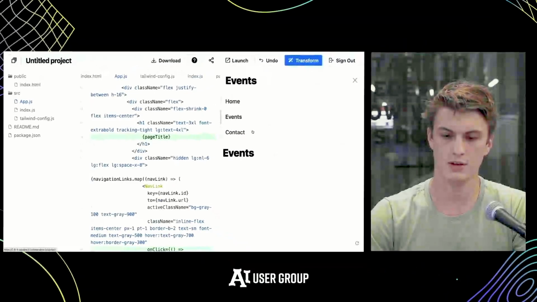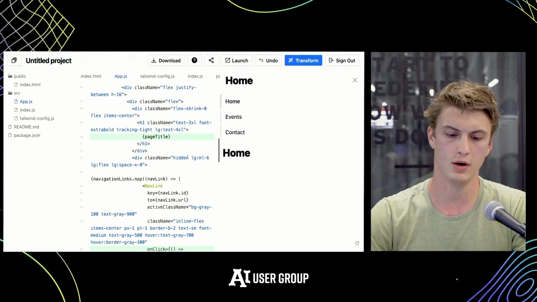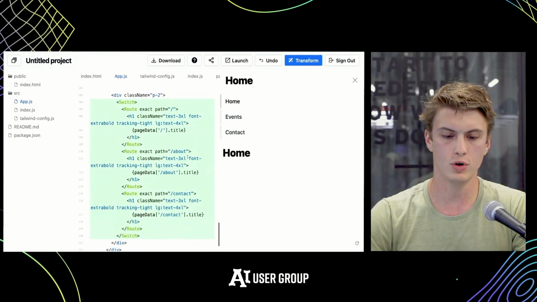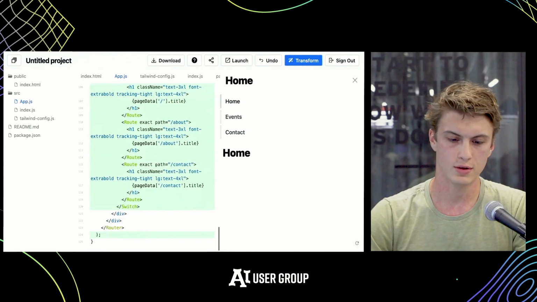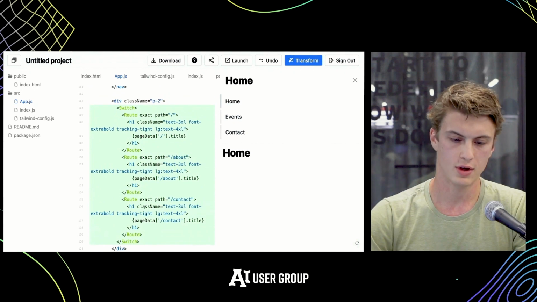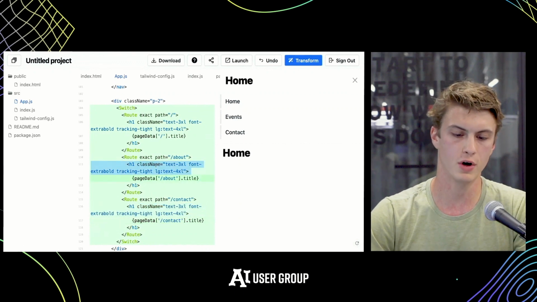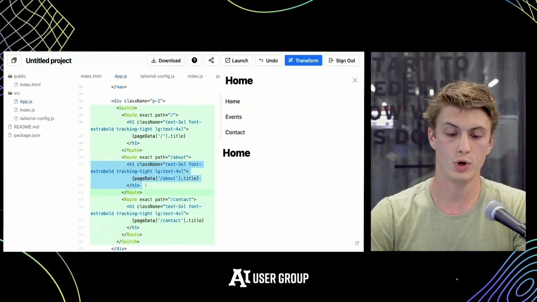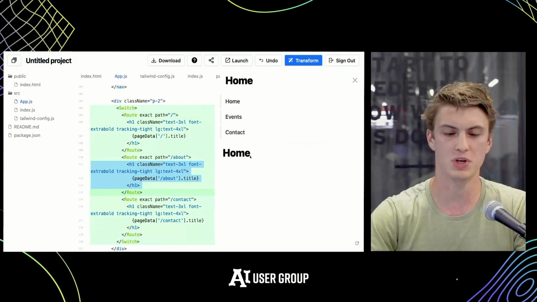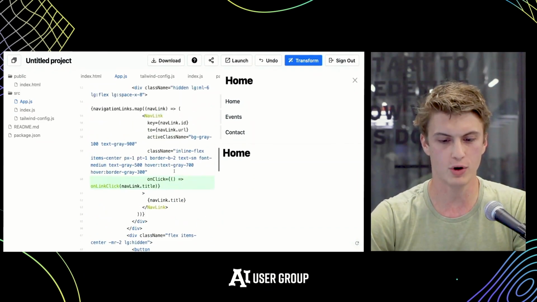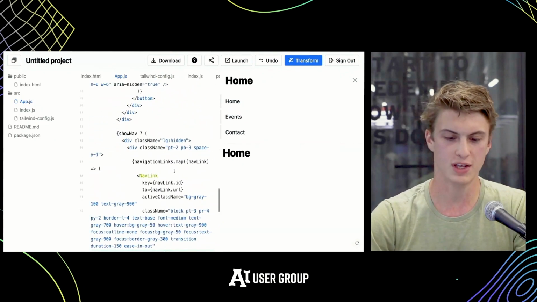So I have events, contact here, and if we scroll down, we can see these titles, which is the part of the code which is actually the page that's being navigated to. I won't make you read all of this navbar code to explain that to you,